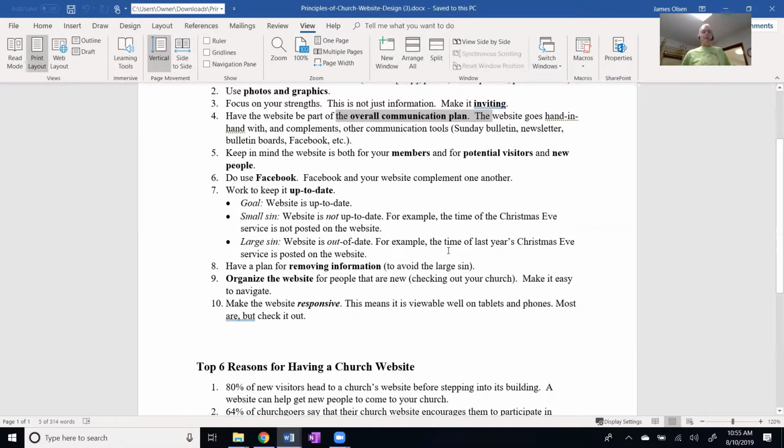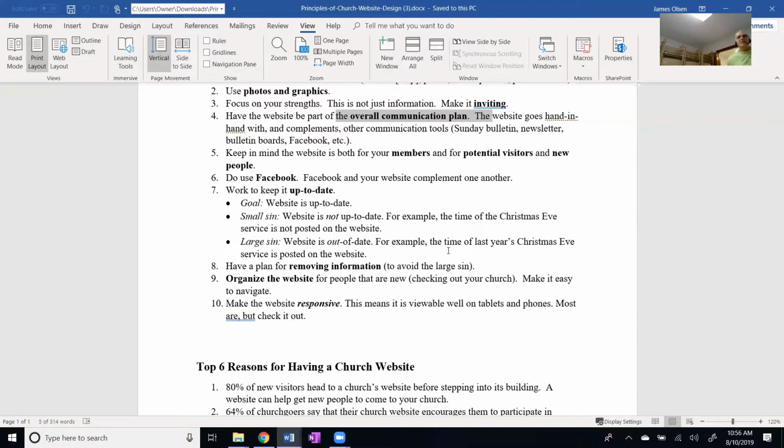It's important to keep your website up to date. Number 7 here. The goal is to have a website that's up to date. Now, that may be impossible to fully reach that goal, but that is your goal. That's what we're trying, okay? We're moving on to sanctification, right? Okay. A small sin is to have a website that is not up to date. For example, the time of the Christmas Eve service is not posted on the website.